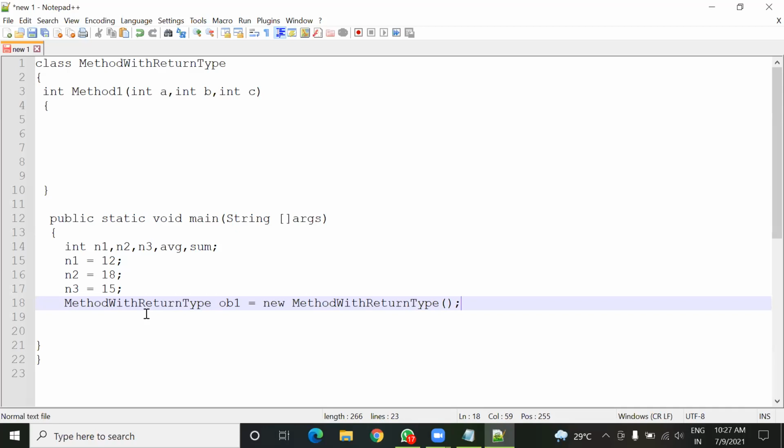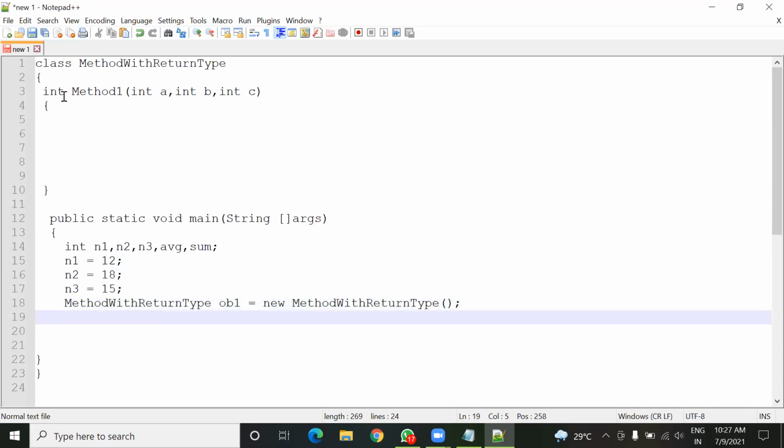Now I can call with this object ob1 this method one. So just look, ob1 dot method one, and this method one is actually accepting three values.